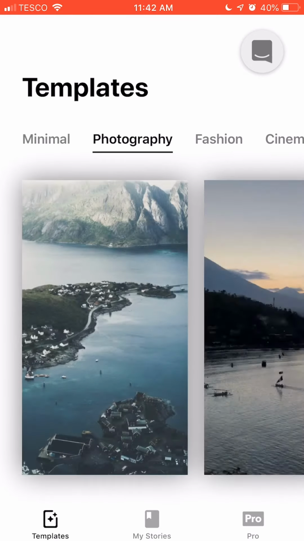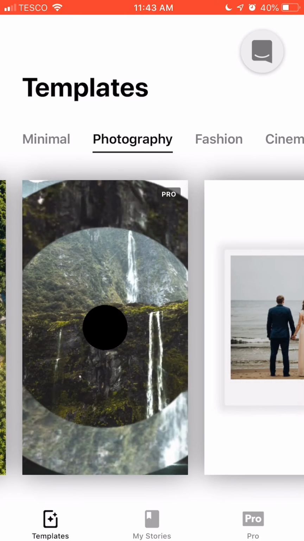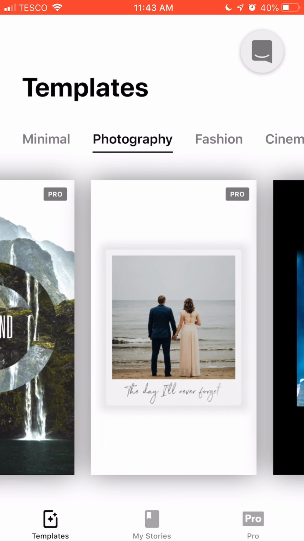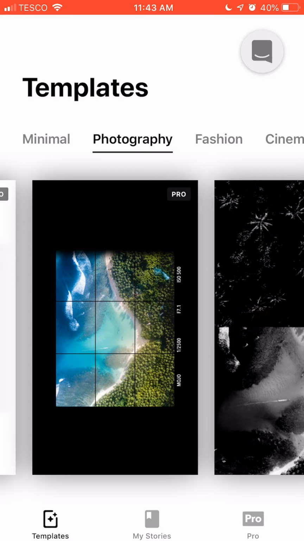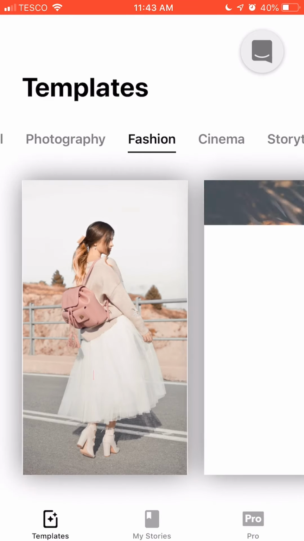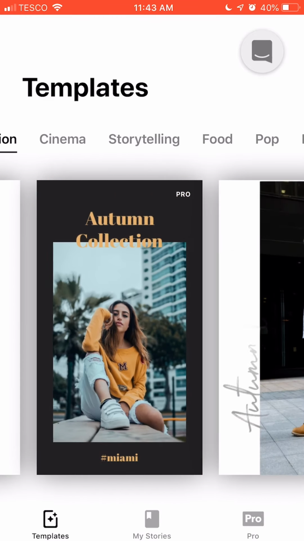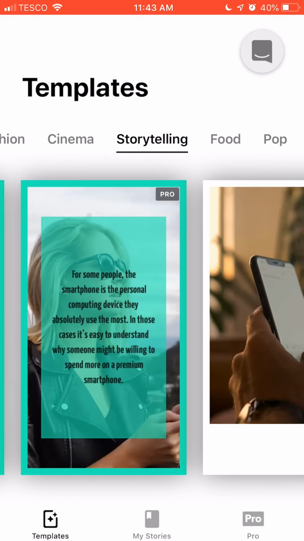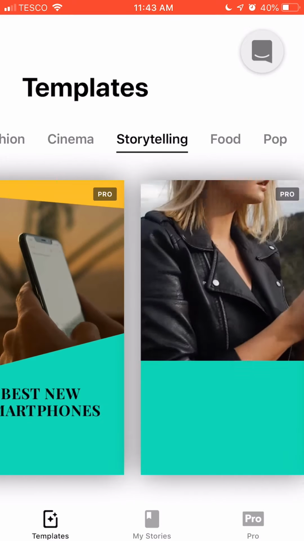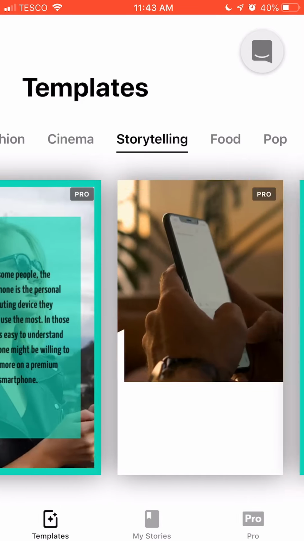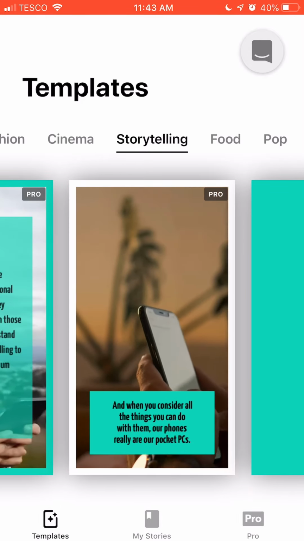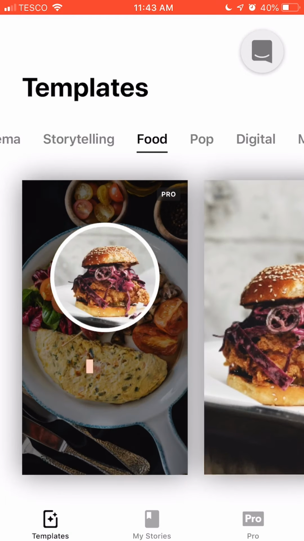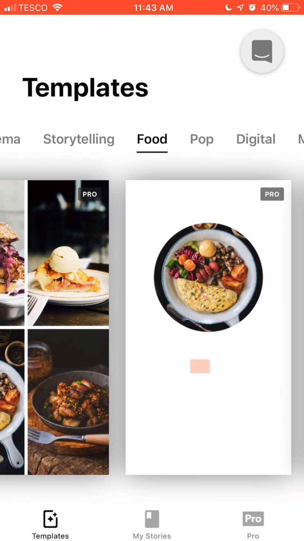You've got minimal templates, ones for photography, and you'll see any that are marked as pro in the top right hand corner, you've got to have the subscription to use. Then you've got fashion, and then it goes along to storytelling, and you can do one or more actual templates at the same time. You've also got the option for video with the pro subscription, which is something else that I'm very interested in. You've obviously got your food options here, which are something that we're going to use,